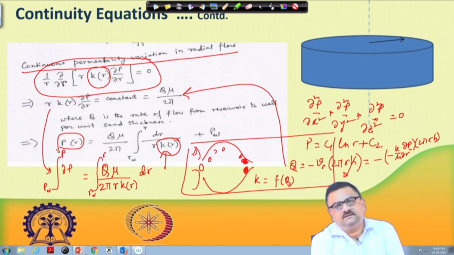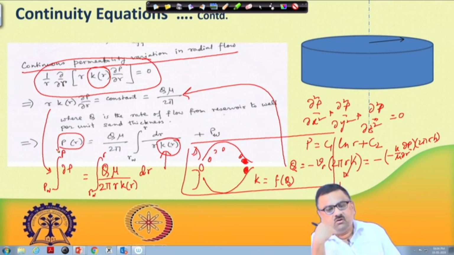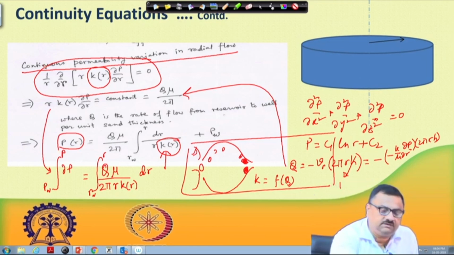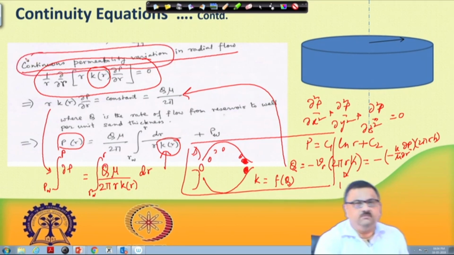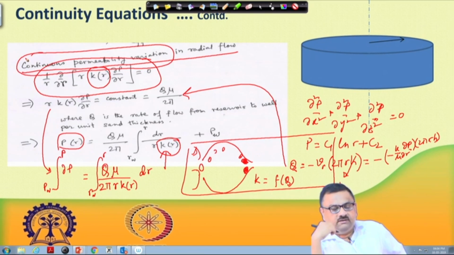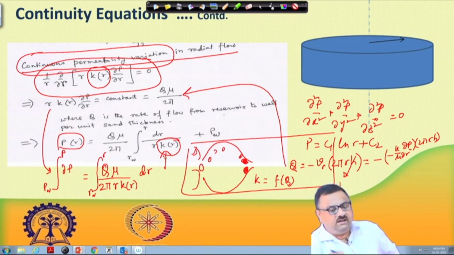So, this is the profile when you have a continuous permeability variation, that is what we have been talking about, continuous permeability variation in radial flow. So, this is the master equation. Now, one has to arrive at some kind of permeability expression as a function of distance, and that can be incorporated